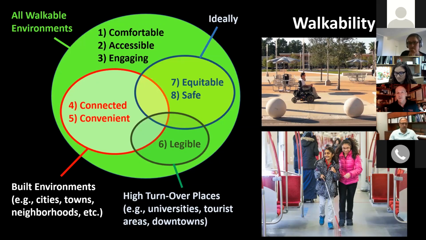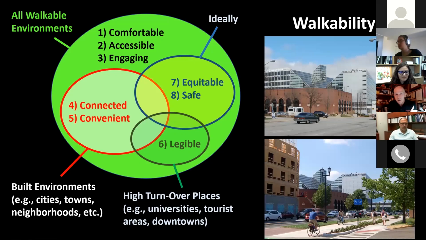And I just want to highlight the difference between safe and comfortable. So you go to the next slide. And so comfortable is the feeling of safety, and safe is statistically safe. So the image on the bottom compared to the top: on the top, there's an image of a very hostile 4-lane one-way street with posts in the middle of the sidewalk that people bump into. On the bottom, there's a much slower street with separated bike facilities where cyclists can ride comfortably, and a completely unimpeded sidewalk so people can navigate it comfortably regardless of what ability level. And in the background on the bottom, you can see reinvestment.